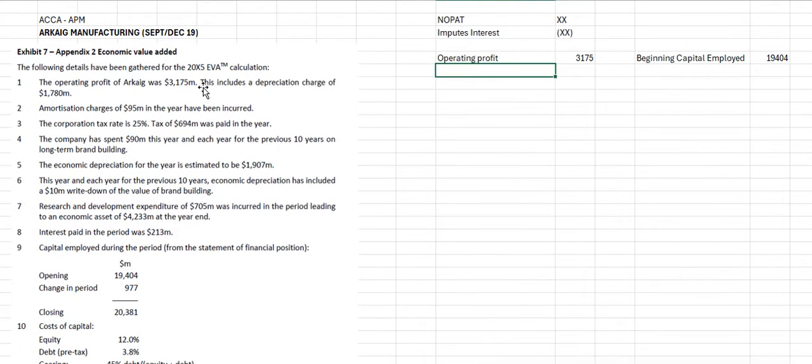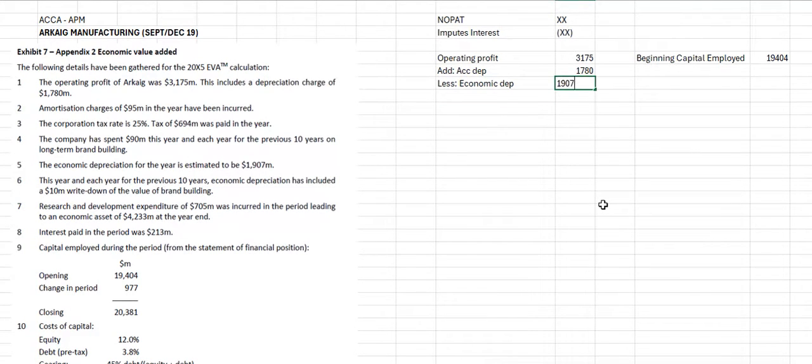First one, this includes a depreciation charge of 1780. Accounting depreciation must be removed. Remove means add back and subtract economic depreciation. Add accounting depreciation, I'm writing in shortened forms, 1780. Subtract economic depreciation. Economic depreciation is given in point number 5,